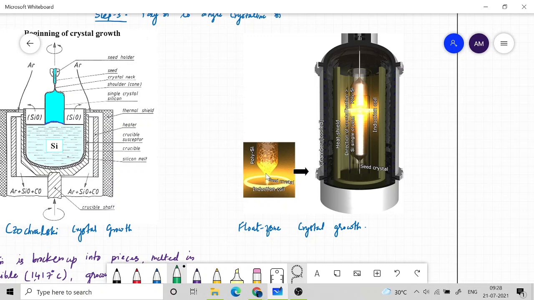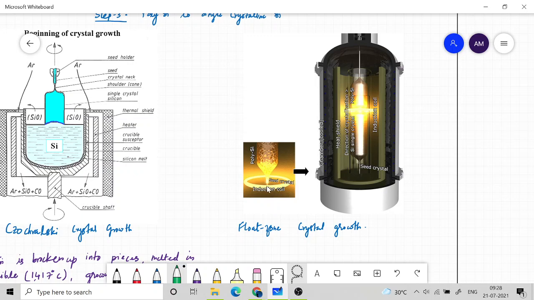The upper portions will get melted, and from the melt, because of gravity, it will flow down and get solidified at the bottom of this RF coil region, and that region will be a single crystalline region,